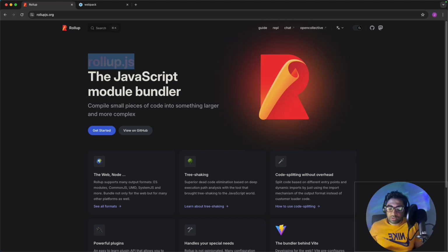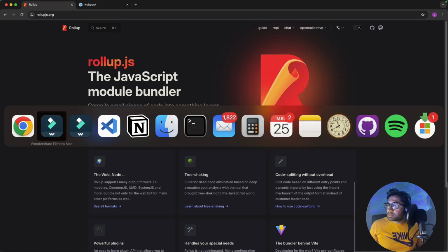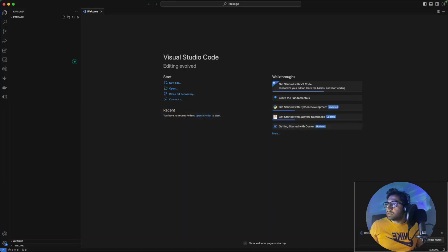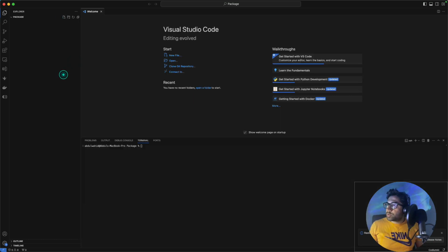So in short, we can conclude that Rollup is responsible for packaging libraries, whereas Webpack is responsible for packaging the entire website. So let's focus on the development part. First I will create a project without any tool. I will create this project solely from scratch. React package, or maybe sample package. Inside that I will